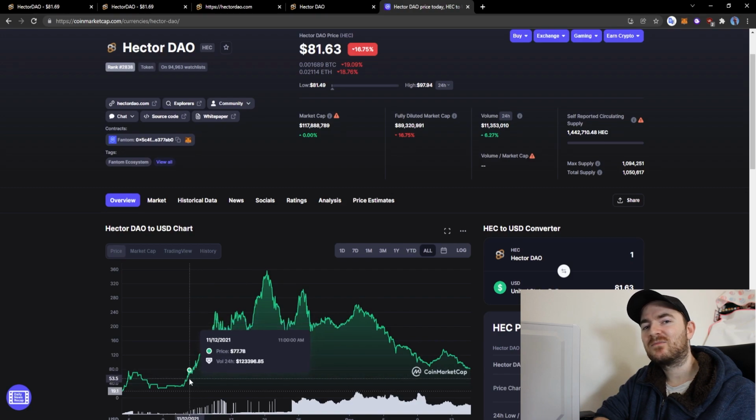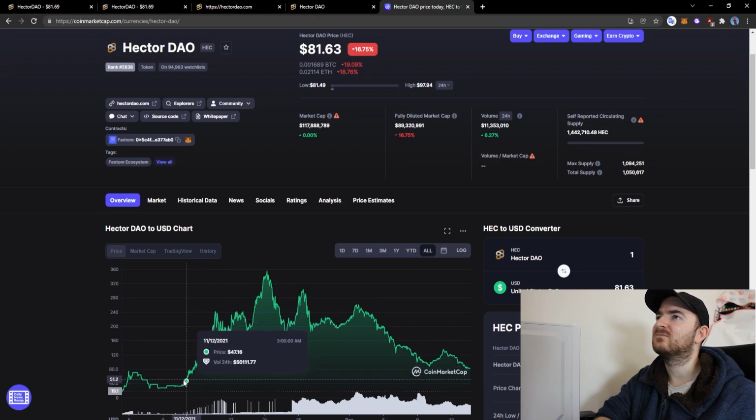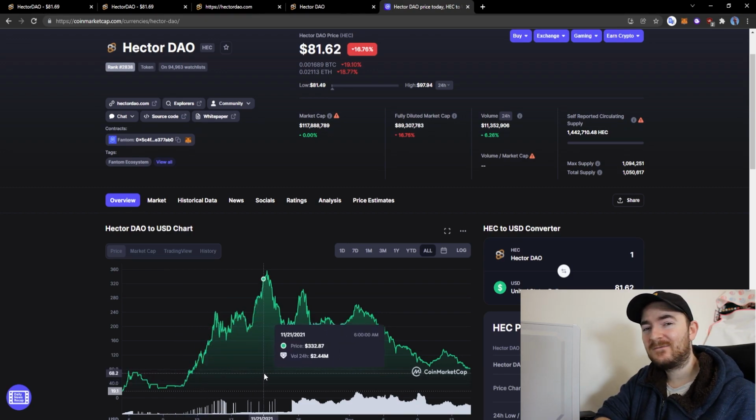When we look at the Hector price history, we can see that when it started it just went straight up. It's quite impressive, and it went to a peak of $355. But it was not being backed by this amount. So why are people paying such a premium when it's backed by a lower amount? The premium price comes more as an investment for the future of Hector DAO and what you think it's going to offer. So the price of Hector DAO not only reflects its backed assets, but also the value that people see in the Hector DAO project.